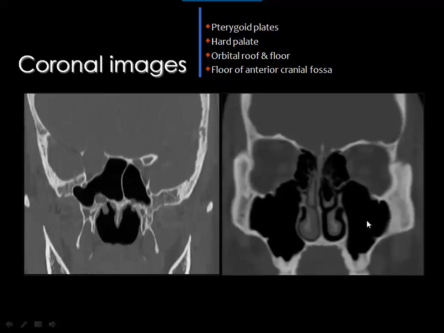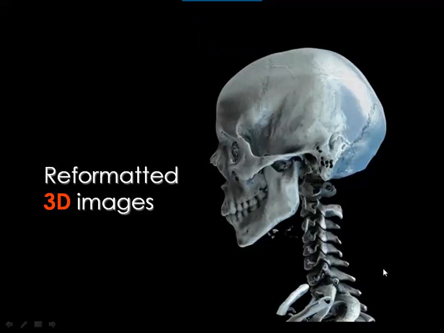And here is the maxillary antra, orbital floor, orbital roof, ethmoidal air cells, and this is the bony nasal septum, inferior nasal turbinate, middle turbinate which is pneumatized, concha bullosa, and this is the middle turbinate which is not pneumatized, and here is the hard palate. As I have mentioned, the 3D reformatted images are extremely valuable in assessment of facial injuries, especially in complex fractures,